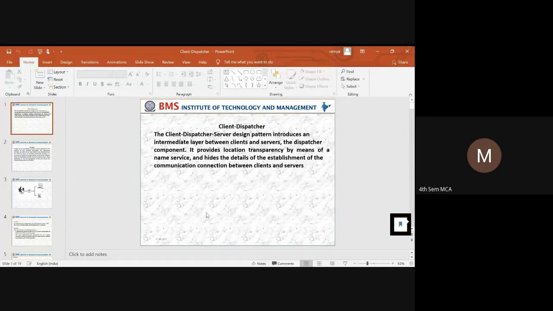The client dispatcher pattern has a dispatcher, which is one particular layer between a client and a server component.